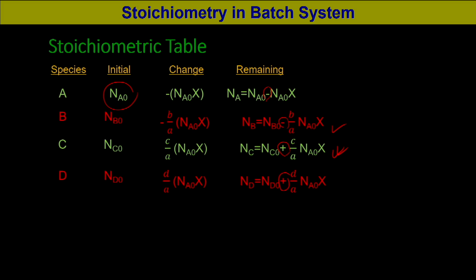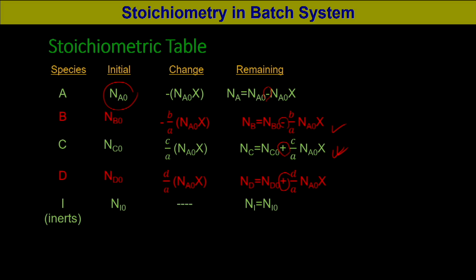Now, for the reaction to happen, if we have some inert gas or inert reactant present initially, we also need to consider what happens to that inert. Suppose I is the inert and its initial amount is Ni naught. Because it is inert and does not take part in the chemical reaction, it will not change. Whatever is initially present of that inert will remain, that is Ni would be Ni naught.